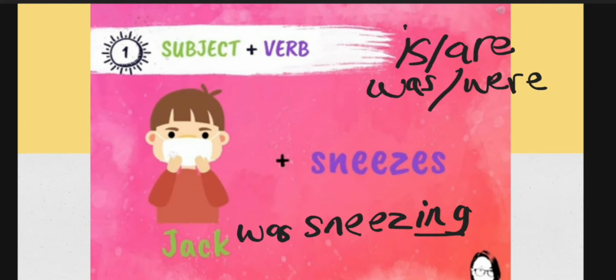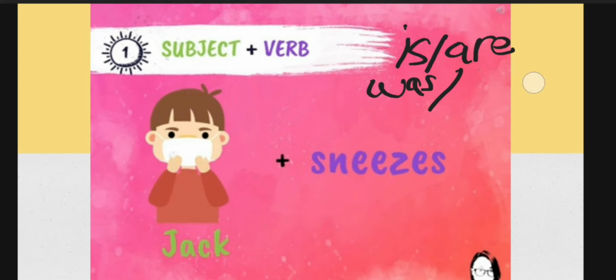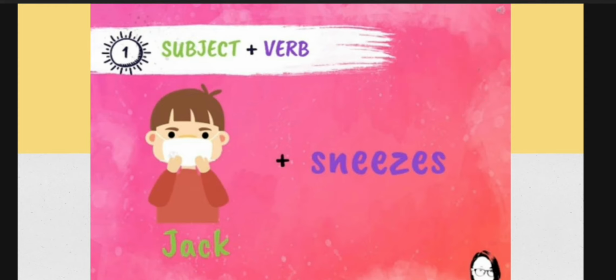For today's lesson, I'm just going to use the basic form of it. So we're not going to use ing. So we are going to use this sentence. Jack sneezes. Okay. So some examples of other sentences would be